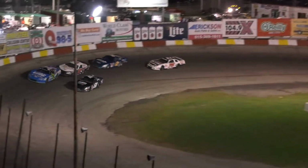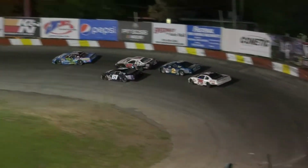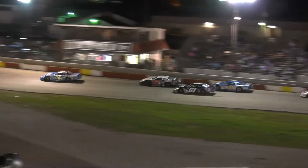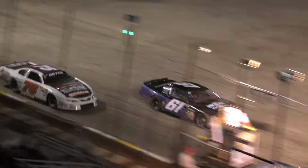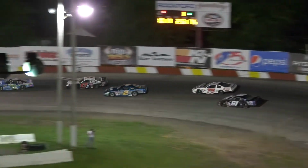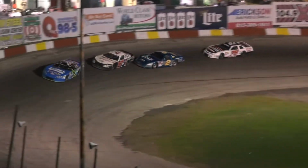Green flag, and we're racing. It's going to be the X-Man of John Reynolds Jr. out front. Max Kaler in that 17 machine in second. Frank Baldowski in that 61 dipping down on that low side. He's now currently third in a battle for Bilderback, who just passed him, and so did Mike Byer. So Frank Baldowski on that low side having some problems, and now the battle's on for second with Max Kaler